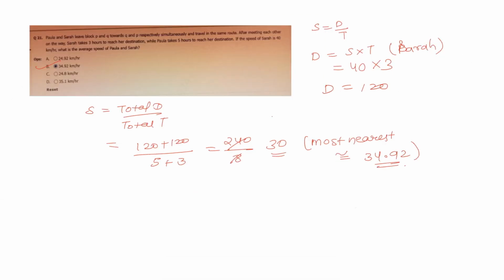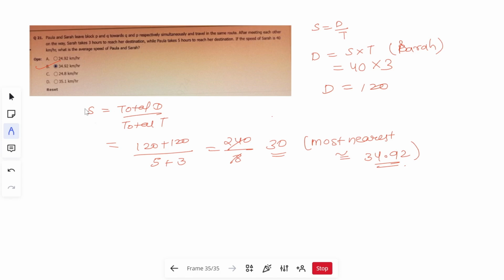Let's look at this question, guys. So in this question, Paula and Sarah leave blocks P and Q towards Q and P respectively simultaneously and travel on the same route. After meeting each other on the way, Sarah takes 3 hours to reach her destination, while Paula takes 5 hours to reach her destination. If the speed of Sarah is 40 km per hour, what is the average speed of